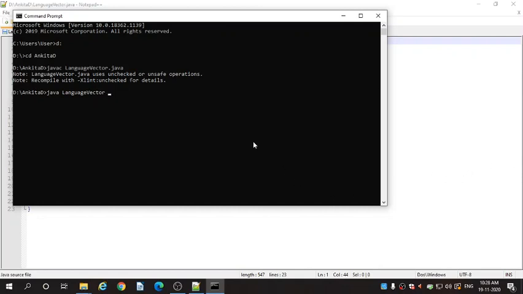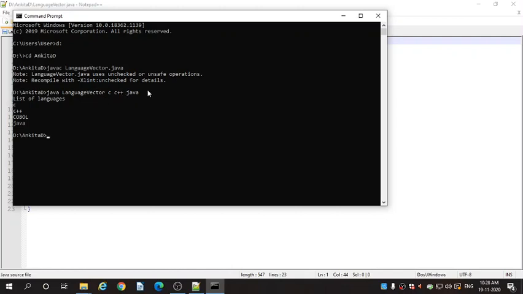You need to pass your command line arguments. So this is the time for passing command line arguments. I'll pass C, C++ and Java, and press enter. It is showing you the list of languages, that is C, C++, COBOL and Java. I have passed here C, C++, Java.